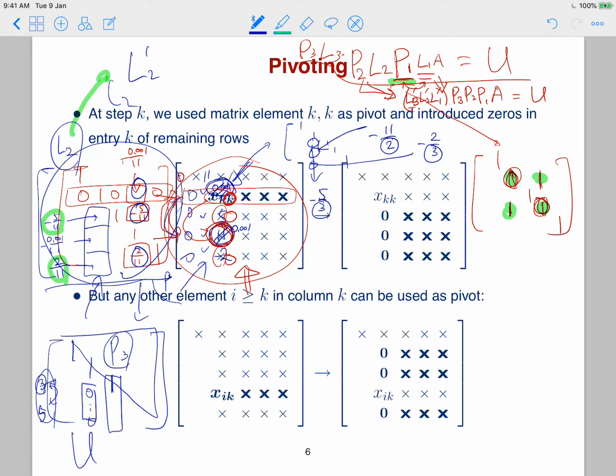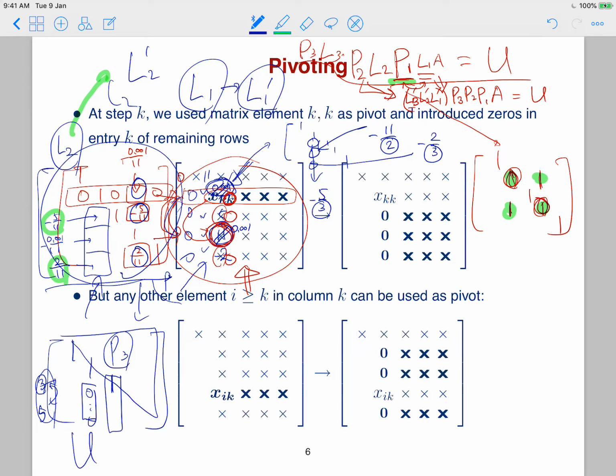And then how about obtaining this L1 prime from L1? So in this process, we can understand that obtaining this L2 prime from L2 is by applying the subsequent permutations that we apply, like P3 and P4 and so on. And so in this case, of obtaining L1 prime from L1,